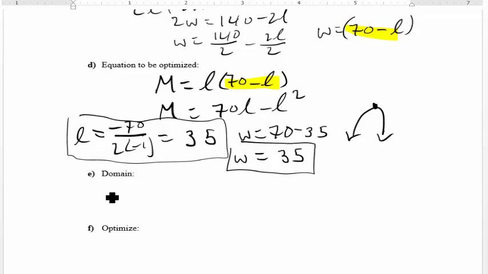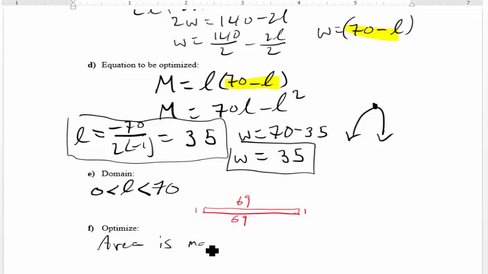And in this case, our domain really was that L could have been anything technically between 0 and 70, right? Because could you make a really long but not wide at all rectangle? Something that would look like this. Sure you could, right? And you could basically make this like 69, but then that would only leave 1 and 1 for the widths, right? But are you going to want to make it like that? Of course not. So the best way to do it is if we make the length and the width both 35. So the area is maximized